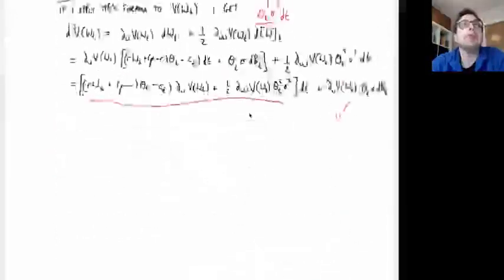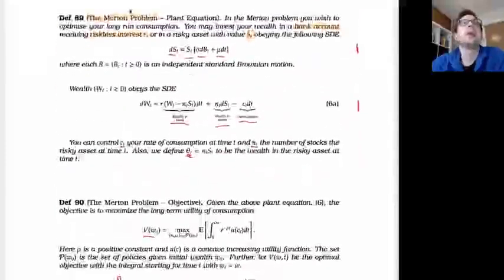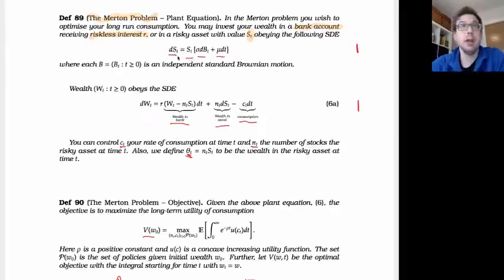We've covered Merton and portfolio optimization, so we'll just quickly recall that. We've defined a problem where we've got a stock that evolves according to a geometric Brownian motion, and then we've got a bank account that gives us a fixed interest rate R. We can either save some money in the bank account and receive an interest of R, or we can invest in buying stocks, a total wealth of theta in these stocks, and then